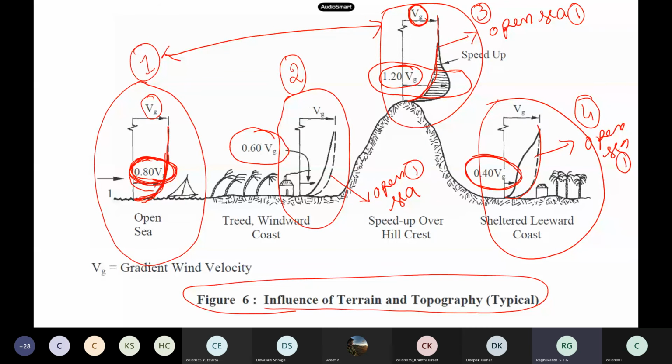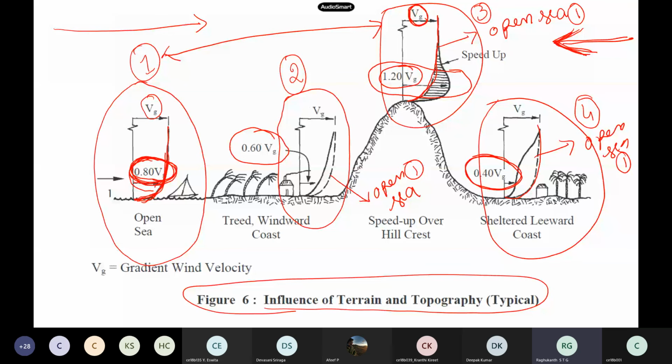Of course, here in this problem, the wind is blowing in this direction. Then only it is valid. Suppose the wind was blowing in the other direction, which is the safest place? Which one will you take, 4, 3, 2 or 1? 2. Excellent. So if the wind is blowing from the other direction, you just reverse this figure. 0.4 will come this side, 0.6 will come this side. This is how the classification works.